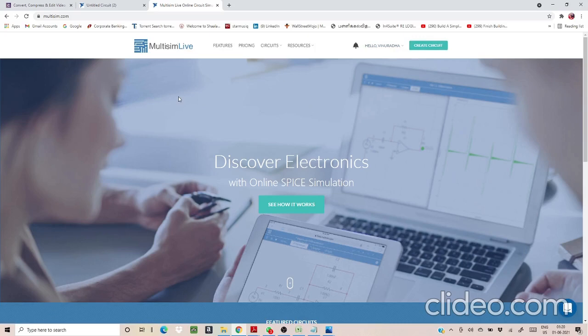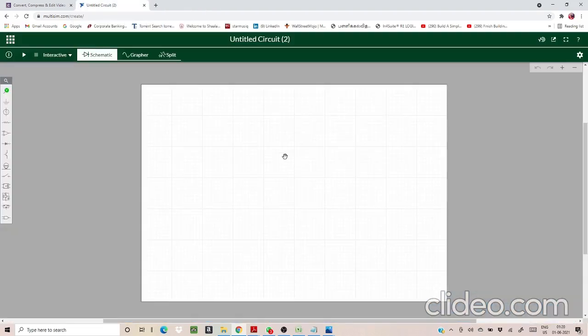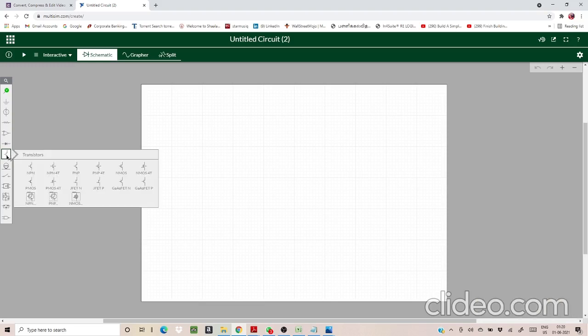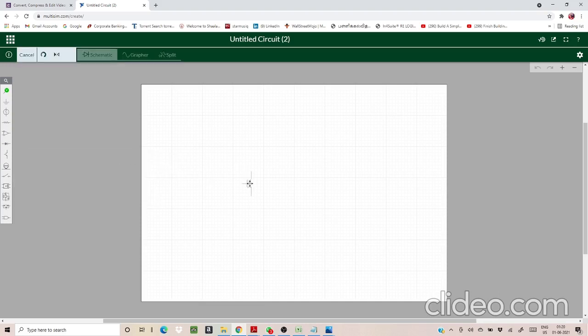I've opened a new circuit tab here. Let us complete the experiment through this tab. So let us start the experiment now. We need a MOSFET first. MOSFET is found in the transistors. To the left side, we have the transistors, here in the seventh component. Inside this you must select the NMOS, just like this, and place it here.